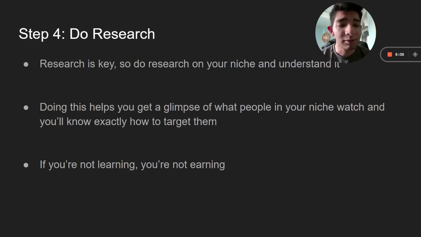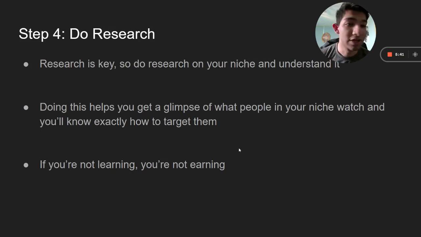And that kind of does sound a little corny, but it's so true, because if you're not continuously doing research and finding ways to get better, how can you earn, whether that's monetary or social gain or whatever? How can you earn that if you're not putting in the effort to want to learn and continue to grow and improve? So that's really why I think step 4 is probably one of the most important ones, and why I think understanding all these fundamentals can definitely lead you to success, not just on TikTok, but on any social platform in general. So definitely do your research.